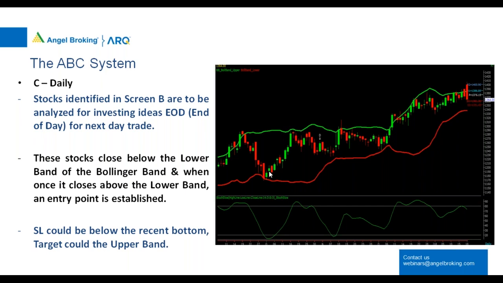So I've taken just one example of Hindustan Unilever. You'll find that this strategy works in most of the cases. Where it doesn't work, your stop loss is going to protect you. That's the best part. And these are trades which, as I said, span weeks and months. So that's one major advantage. This is a system, a strategy, which you can use.